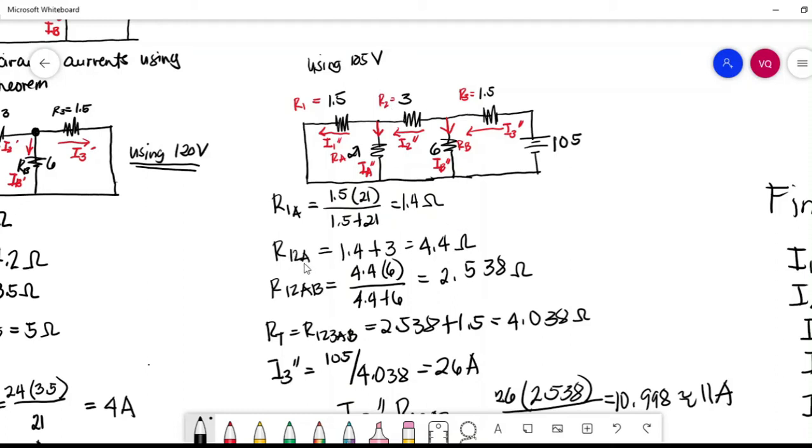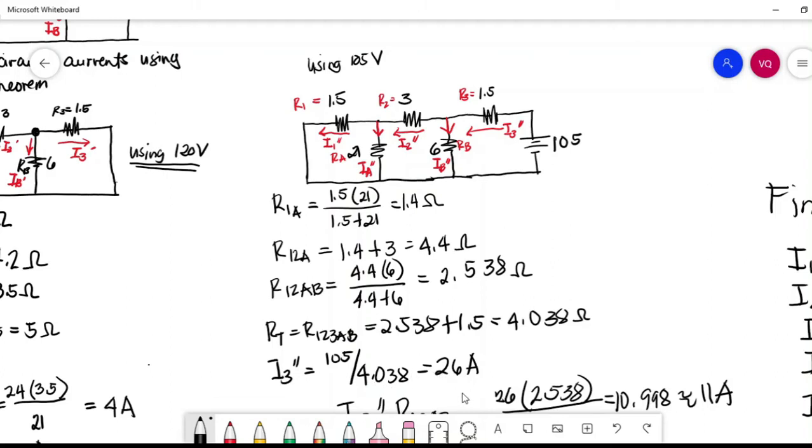After that, we will series the R2. So that is R1A2. 1.4 plus 3 is equal to 4.4 ohms. And then we will parallel again the resistance B. So 4.4 times 6 divided by 4.4 plus 6 equal to 2.538 ohms. The total resistance now is R12AB, 2.538 plus 1.5, that is equal to 4.038 ohms. Solving the total current, I3 double prime is equal to the total voltage 105 divided by total resistance 4.038, that is